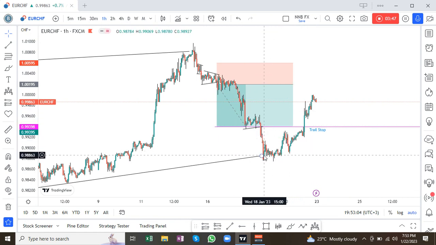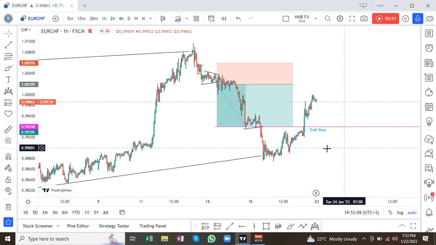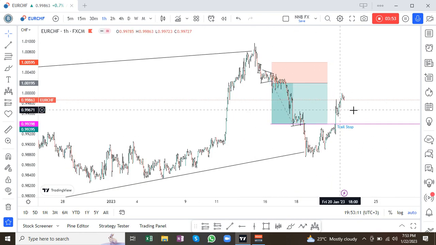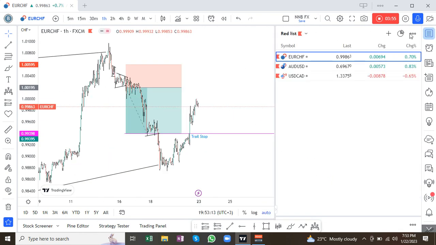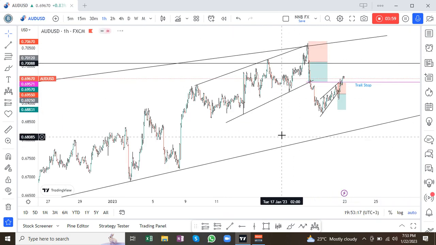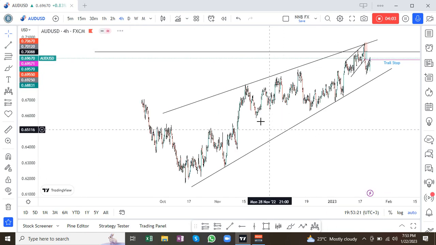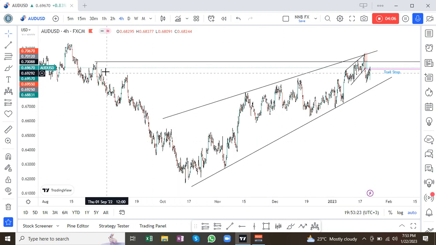After that, it corrected, impulsed a little and then it trickled up to my stop loss and it stopped me out at 2%. So we'll go to my next trade, which was on Australian dollar against the US dollar. If you go up to the higher time frame, you can see that